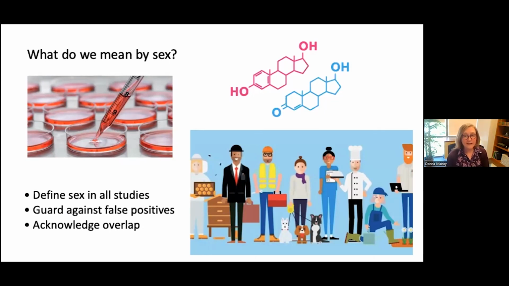So we need to keep our sights focused beyond sex when we find a sex difference, to look further, no matter how we define sex, whether it's hormones or height or gendered occupational exposure or whatever, and ask ourselves, what is the true underlying cause of what we are detecting as a sex difference? Because the cause of a sex difference is never going to be simply sex, because sex is a proxy for many different things.